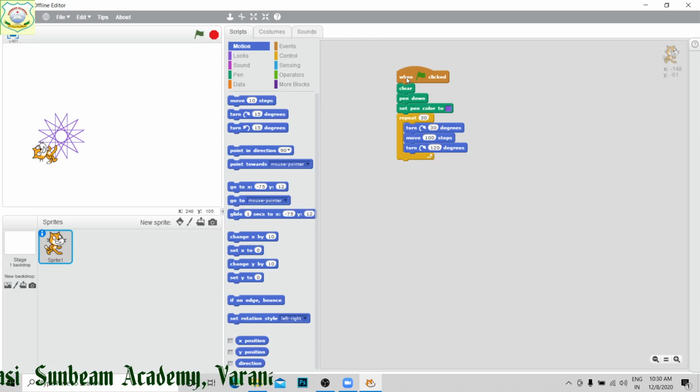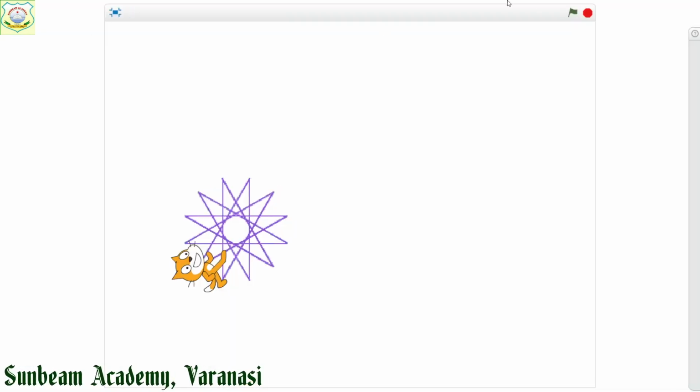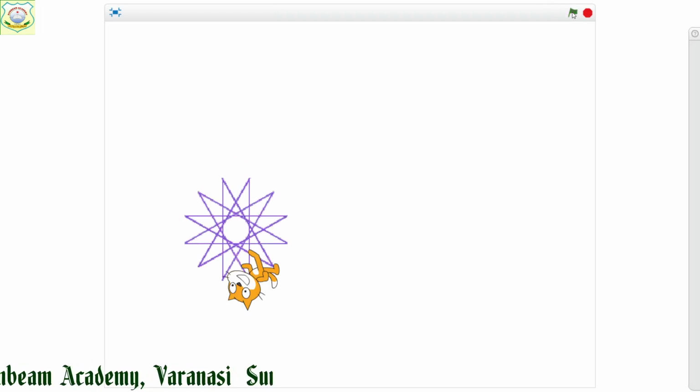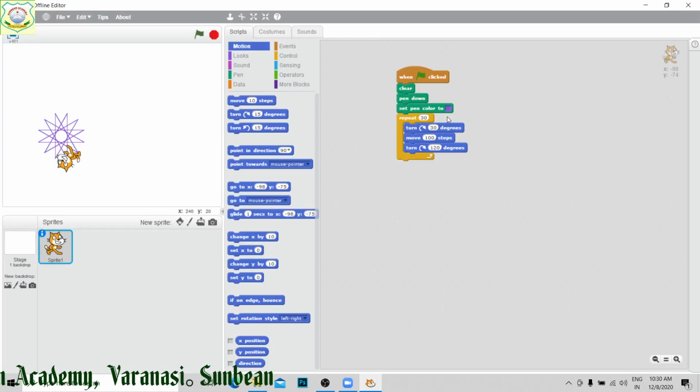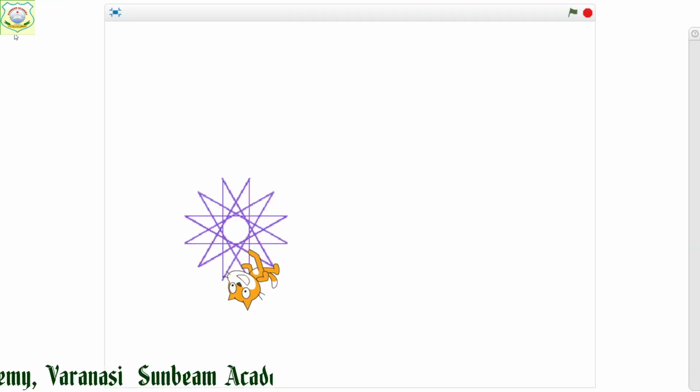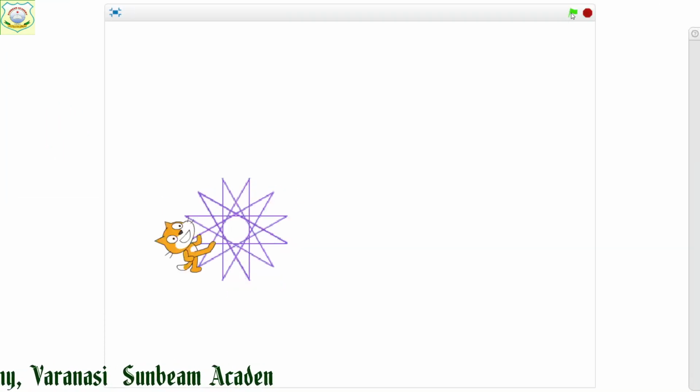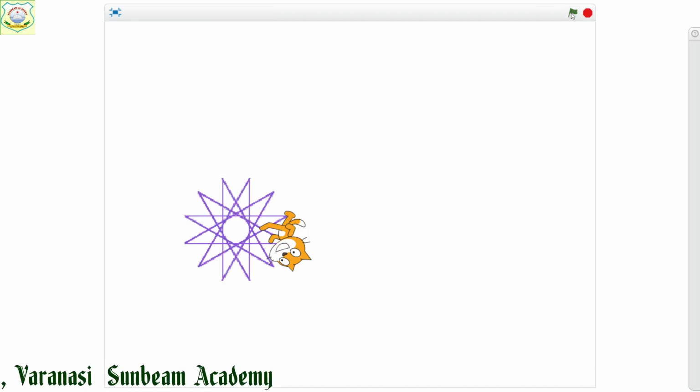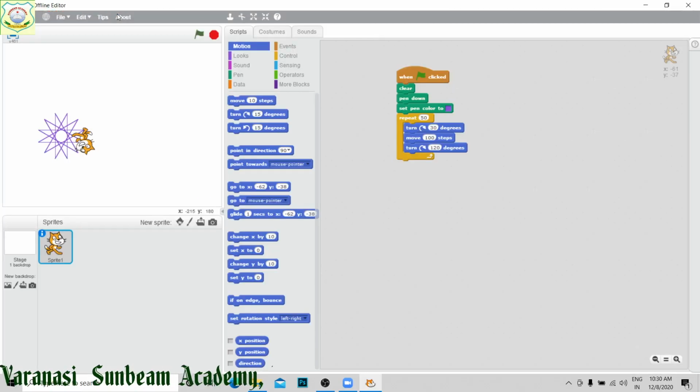Now see here, with 30 degrees, a different figure has been created. Have you seen? Because it is moving by 30 degrees. Suppose this repetition I made for 50 times, right? Now see, when I run it, it will be more dense, right?